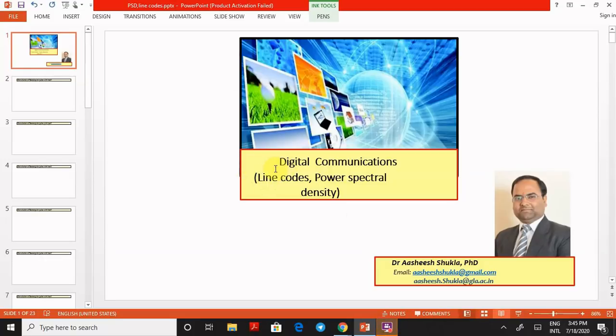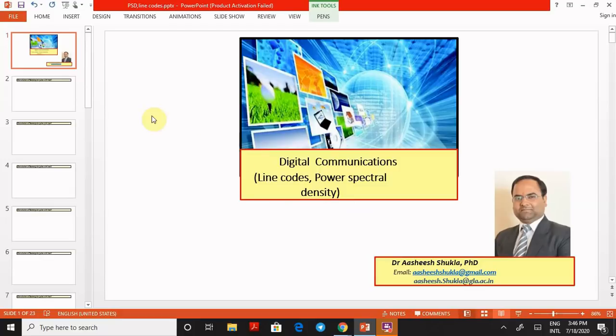Today I am making this small video just for the purpose of calculating the convolution of a rectangular pulse with itself. Whenever we do the analysis of power spectral density for a line code, we normally consider rectangular pulses as our input signal, and in the calculation of power spectral density we have to calculate the autocorrelation of these pulses, right? So in one step of that calculation, we also have to take the convolution of a rectangular pulse with itself.